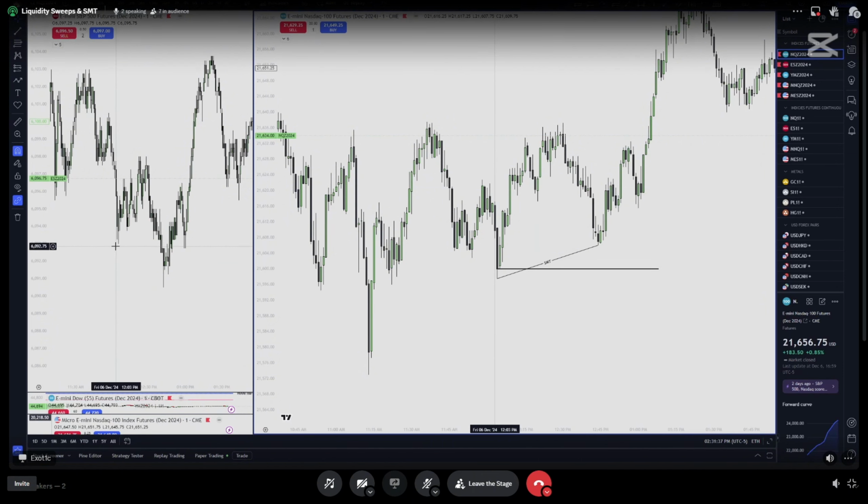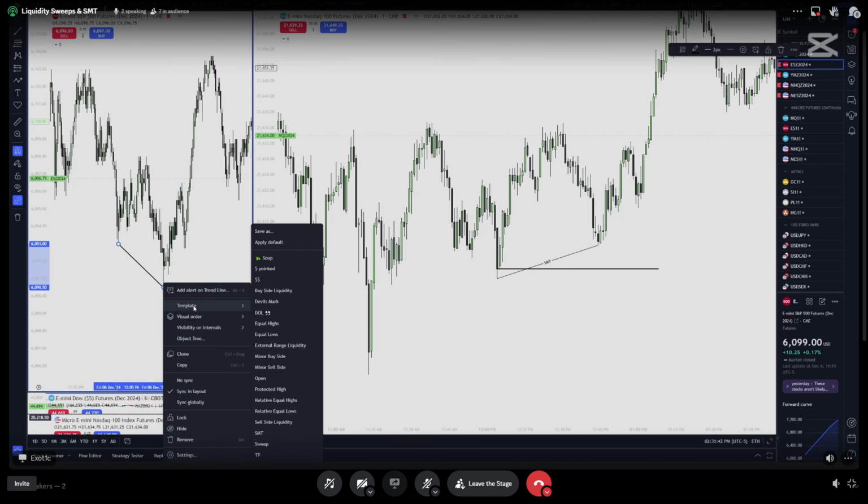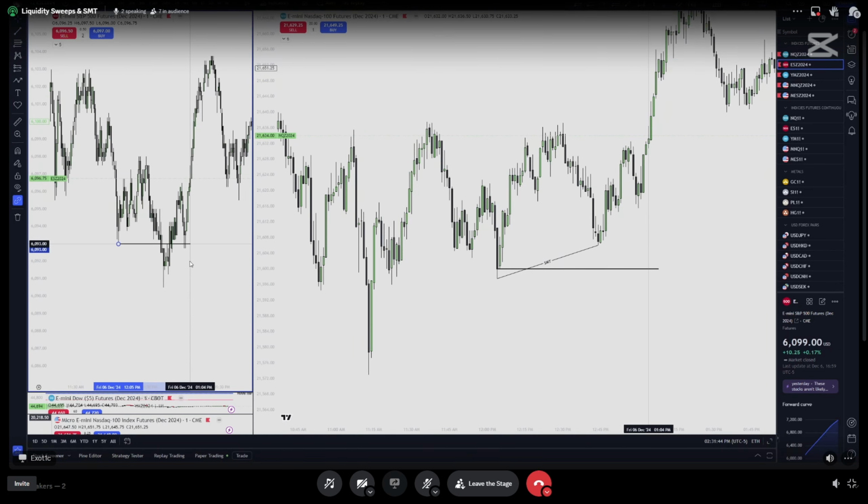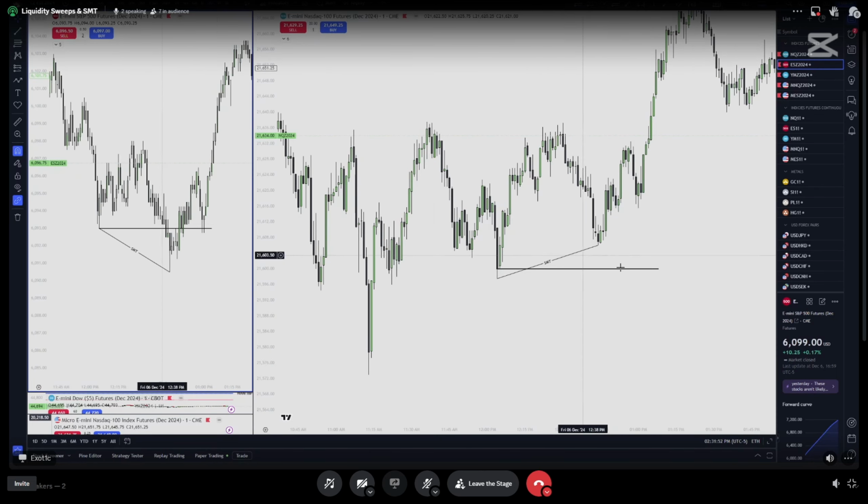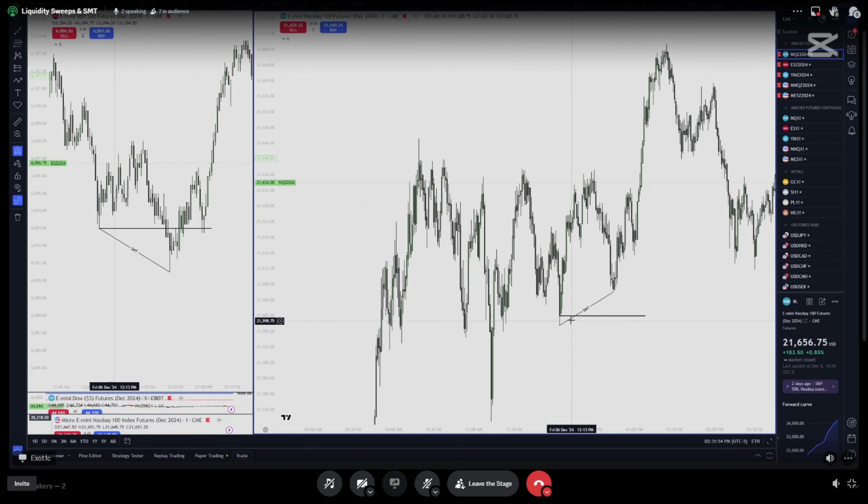But what do we see here on ES in this very same low? We see ES not only trade with the wick below this low, we also see ES close with the bodies below this low. All right, do we see that? And we can see that was enough grounds for our run up above these relative equal highs